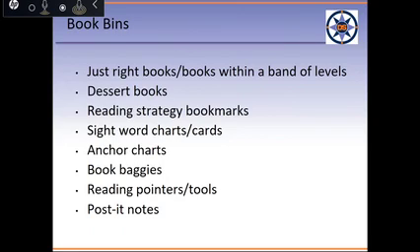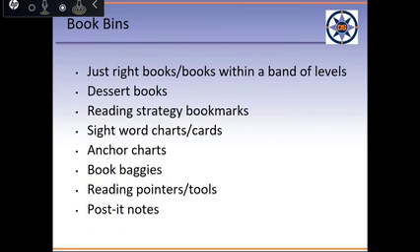And a lot of times I find that these dessert books are coming from shared reading. They're coming from the books that the teachers loved in the classroom. And it's a sweet treat, just like a dessert is a sweet treat. It's a sweet treat when you're done reading your stack of books or your books during independent time, and you